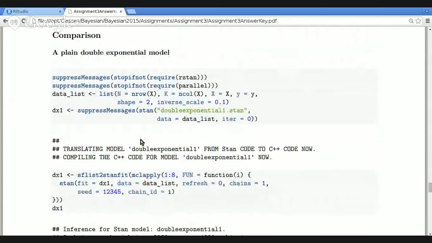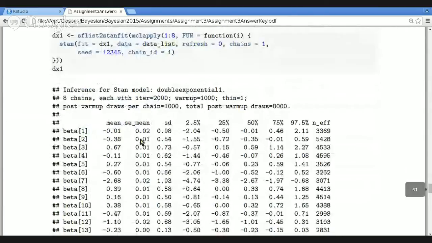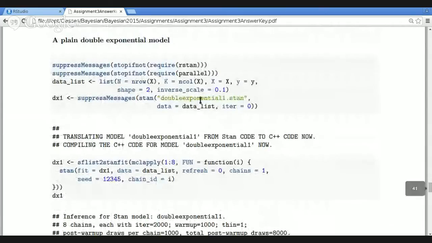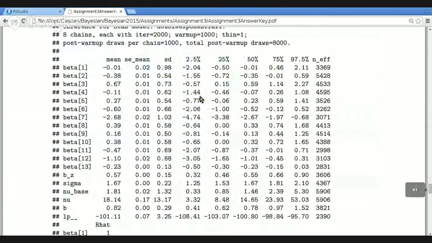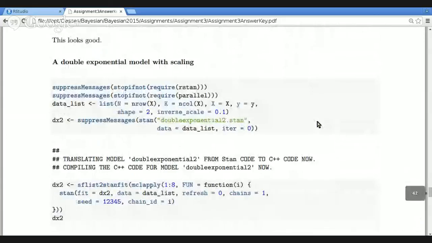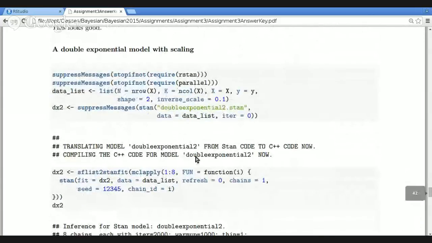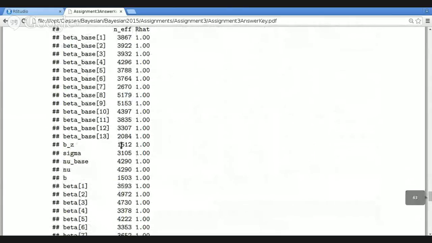I think in your homework it only asked you to compare the plain approach to one of those, but in the answer key I did a few comparisons. Just the plain first version of the double exponential works pretty well. You get effective sample sizes for all of the parameters in the thousands, and if you did the dependence plot, it would look pretty good. The second approach that uses the inverse CDF method might be a little bit better on this criterion, but the